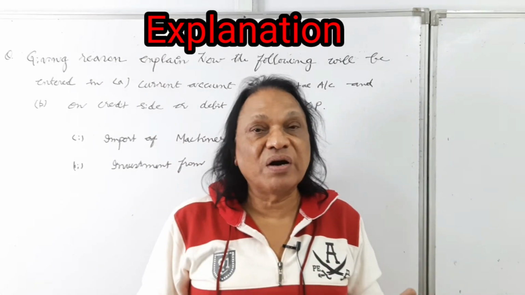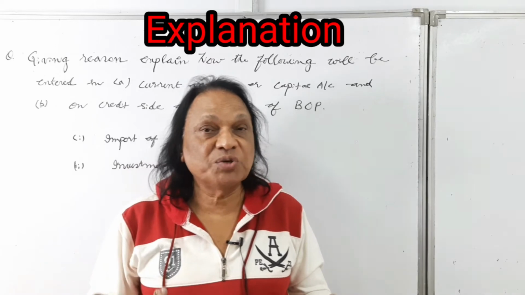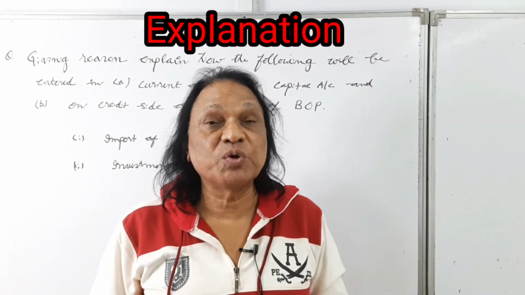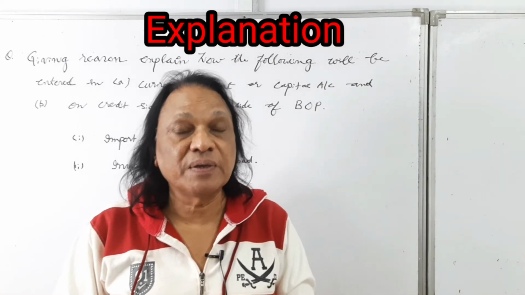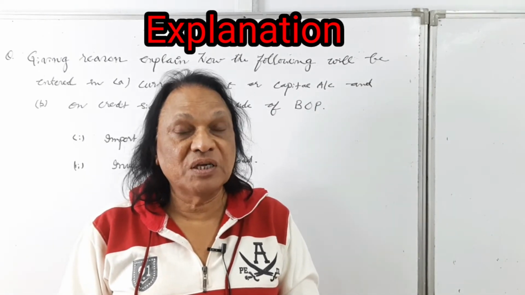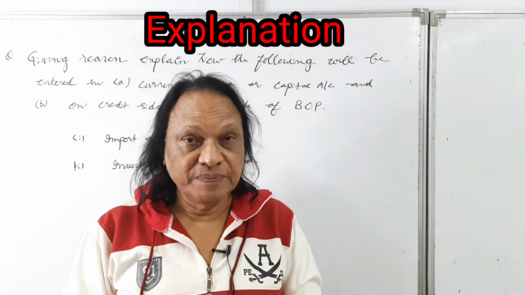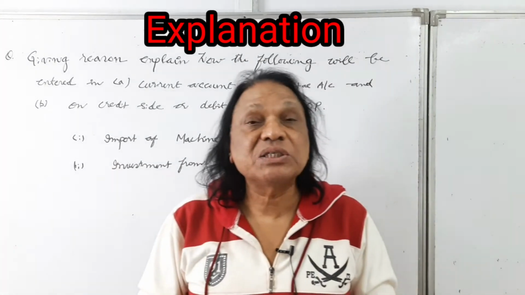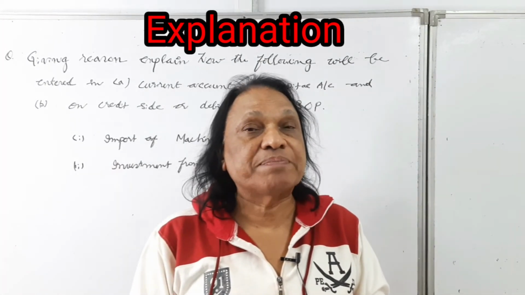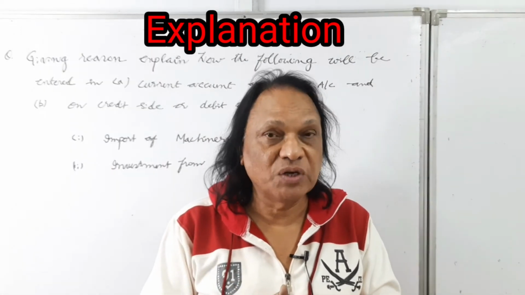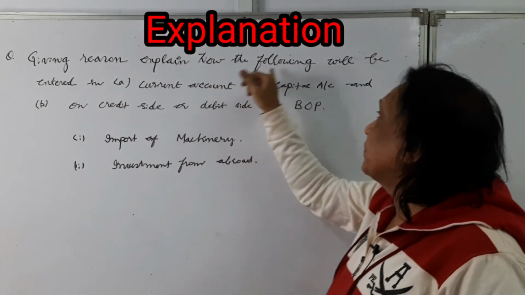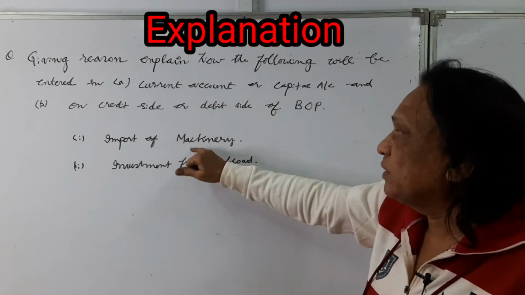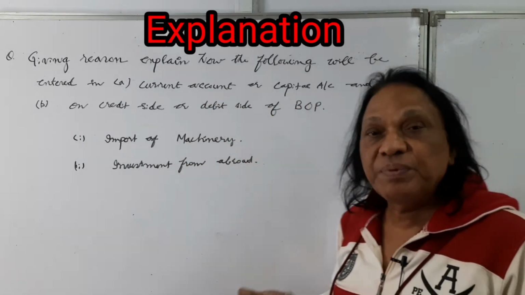It's like importing a car, importing anything: gold from other countries, clothes from other countries, or a smart mobile phone. So import of machinery is not a part of capital account, it comes under current account. I hope you got it. So they're asking you, giving reasons, to explain how the following will be entered, current account or capital account. You just write: import of machine is a current account item because